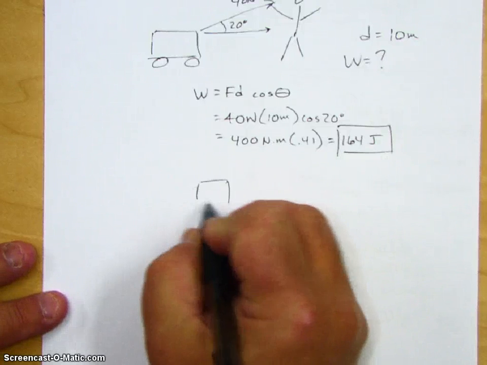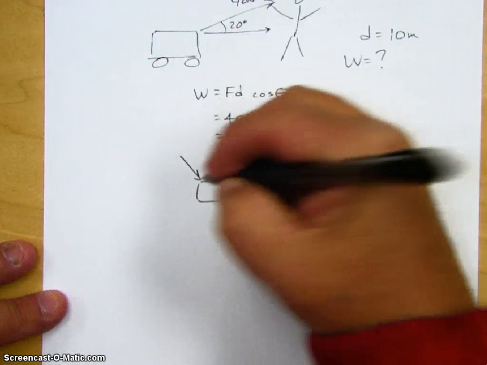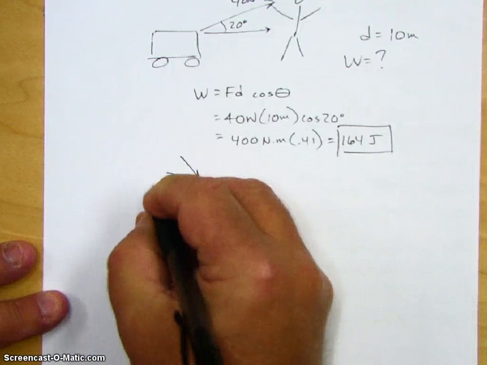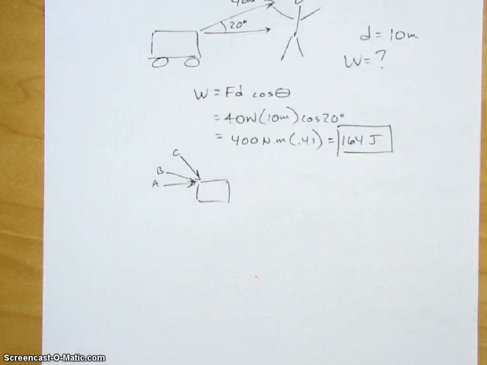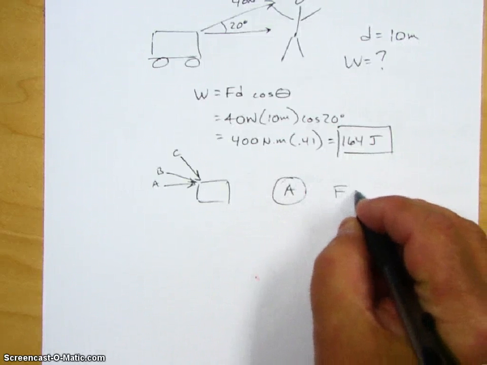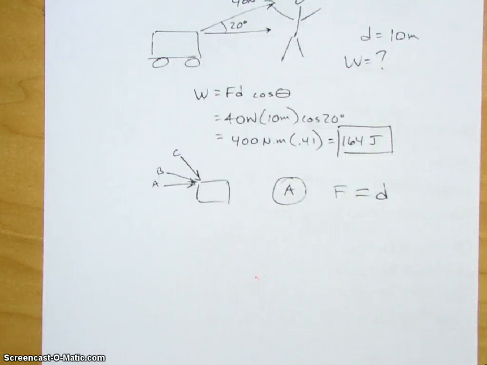If you're in a car, let's say you have a car that runs out of gas and you need to push it, you have a choice. You can push it that way, you can push it that way, you can push it that way. Which would be the best choice for maximum effort? Obviously A, because now all the F is parallel to D, so you're going to maximize the amount